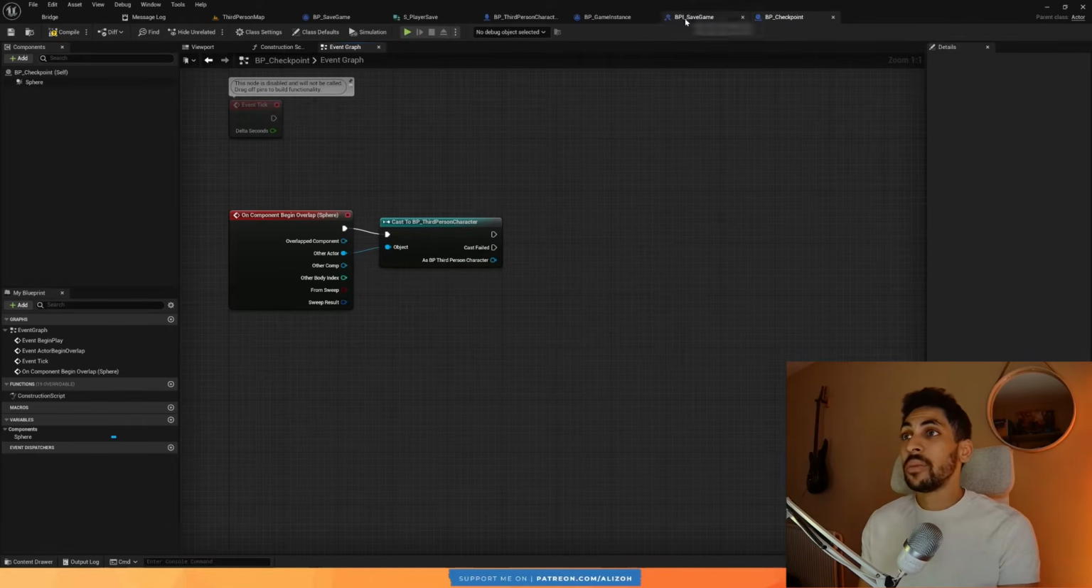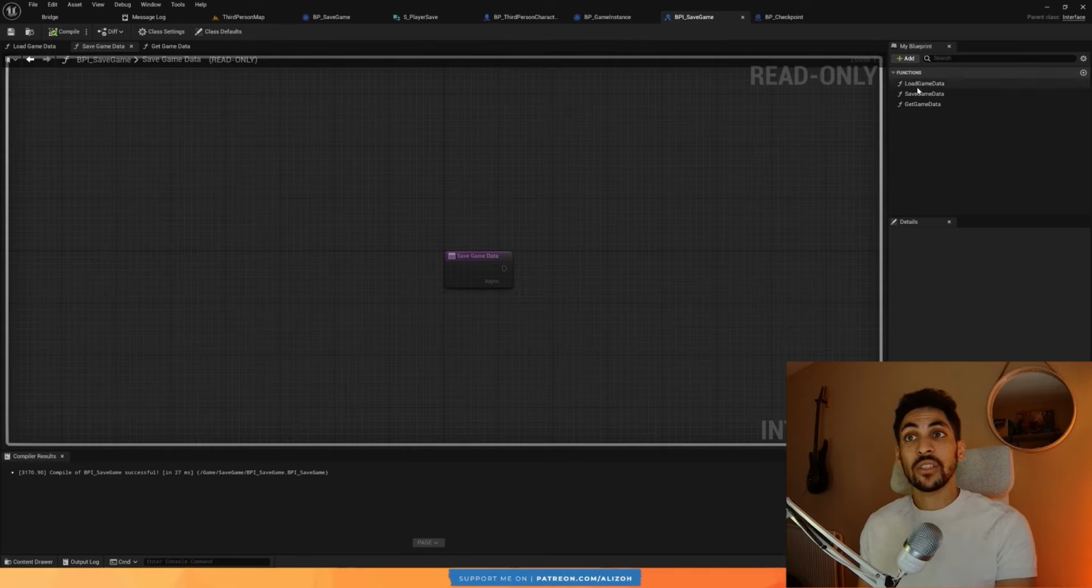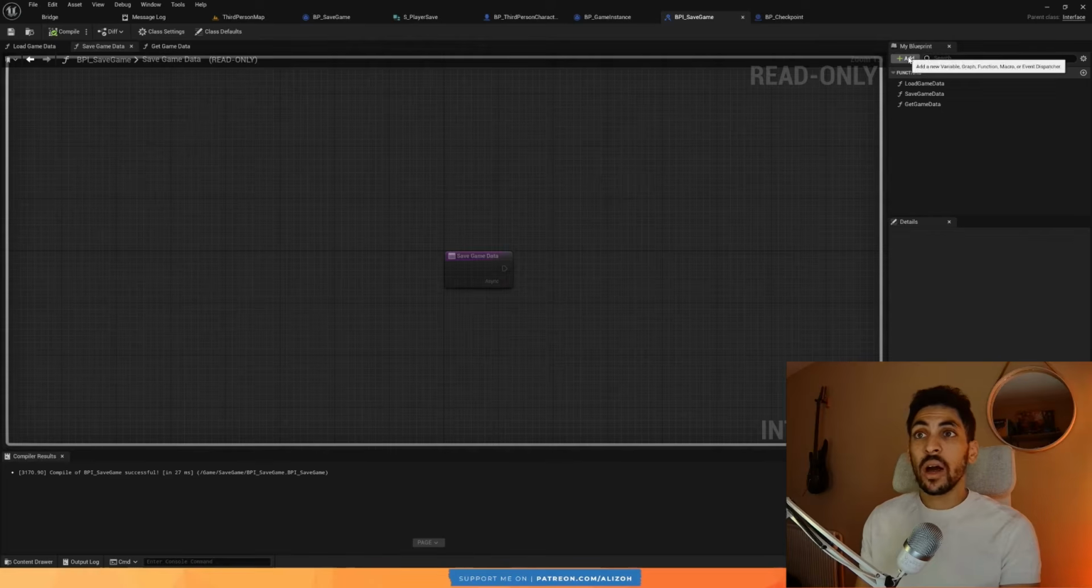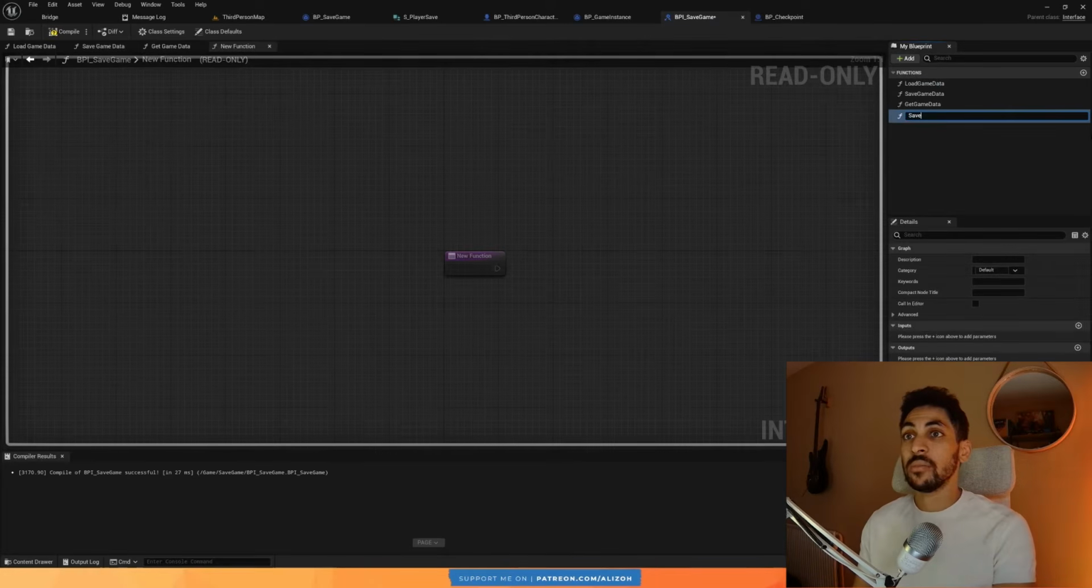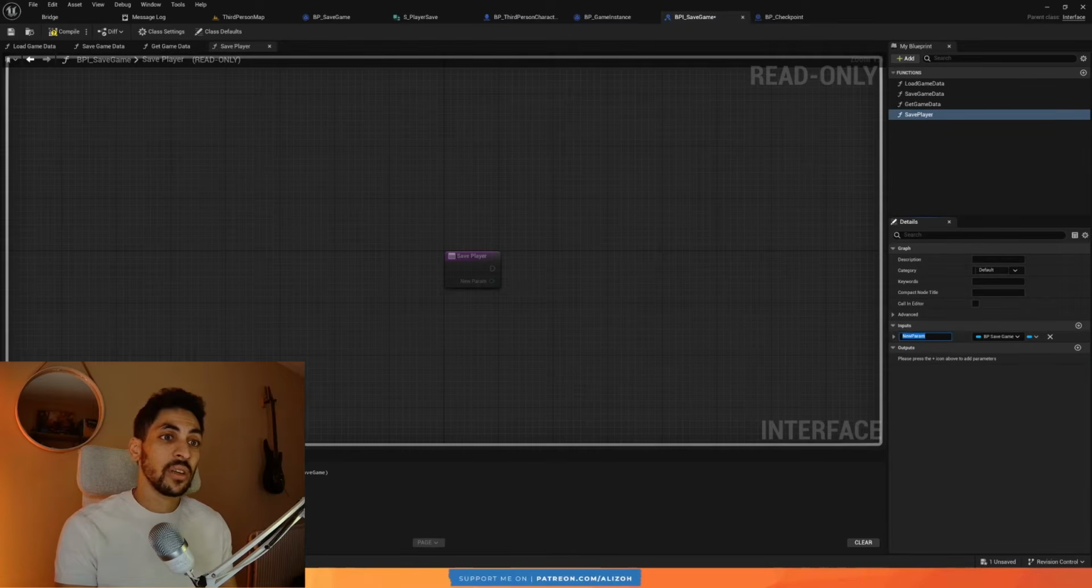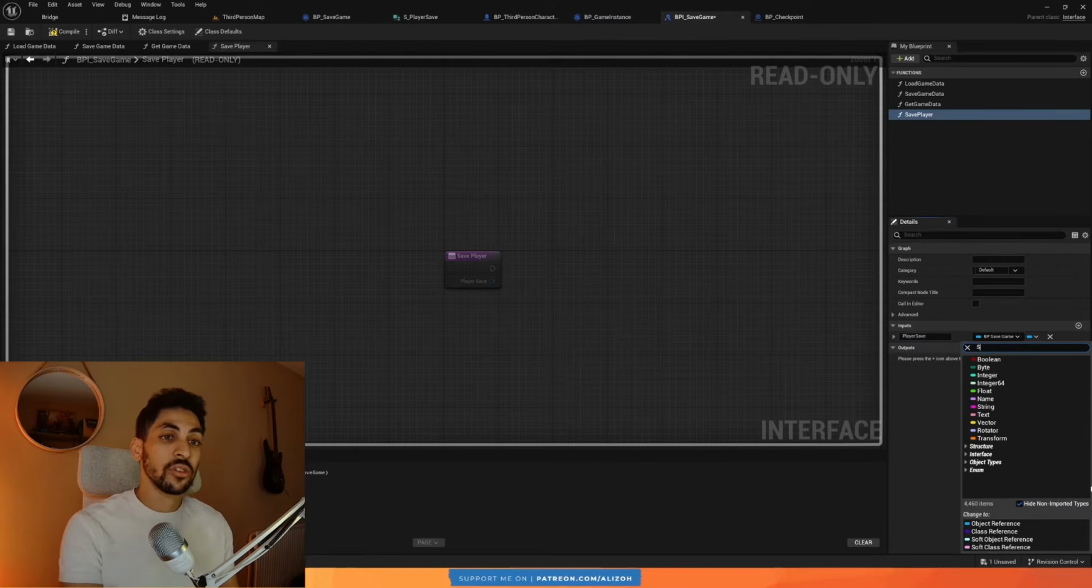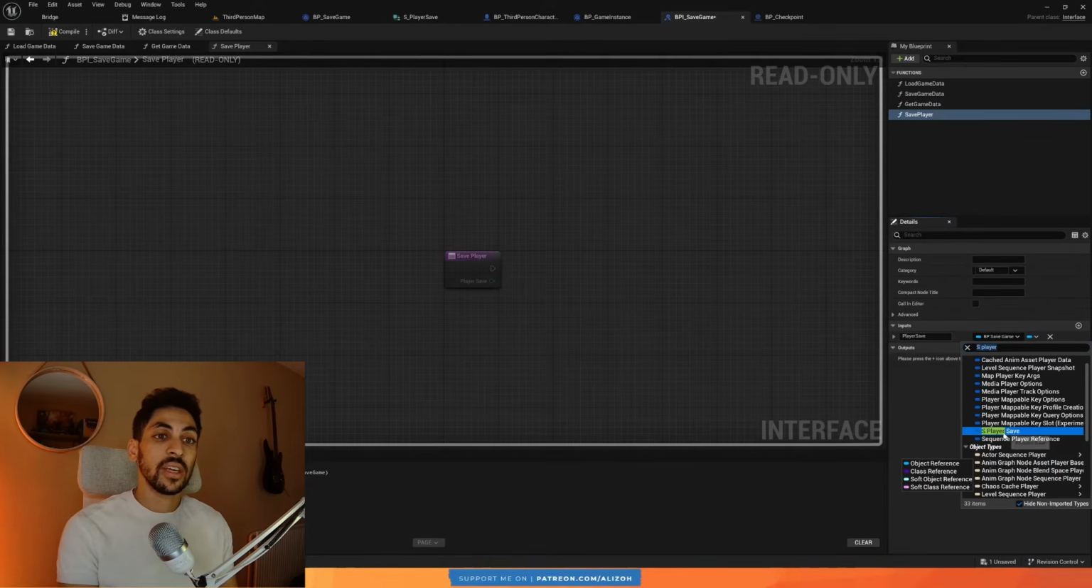So go back to our BPI save game. This is the interface where we have these 3 functions. And by the way, these 3 functions are now common for any project that you create, for any game that you create. And now we're going to add logic that's specific to this game or this project. And this is how you can expand on this system. So I'm going to add a function and call it save player. And it takes as input the player save data, which is the structure,